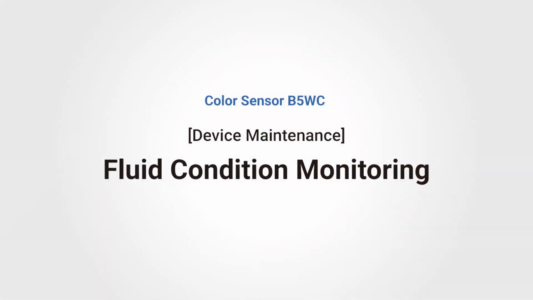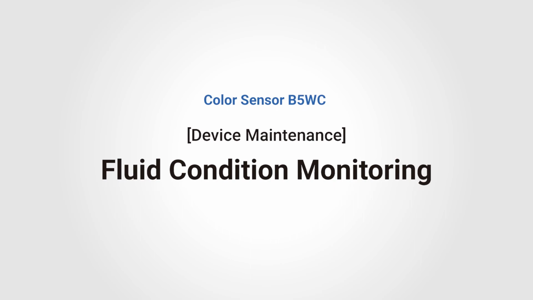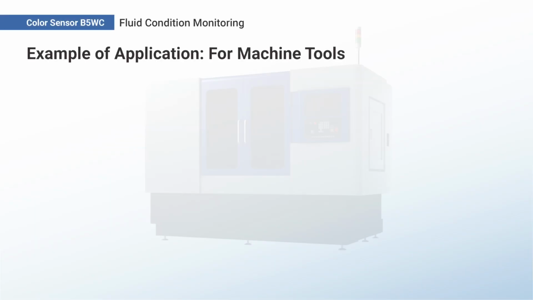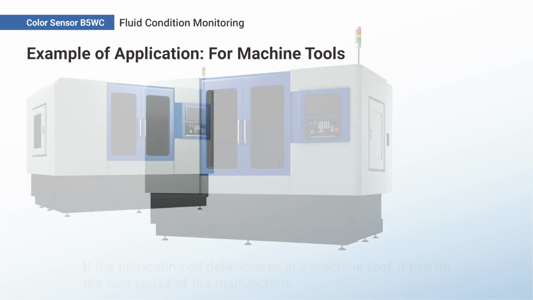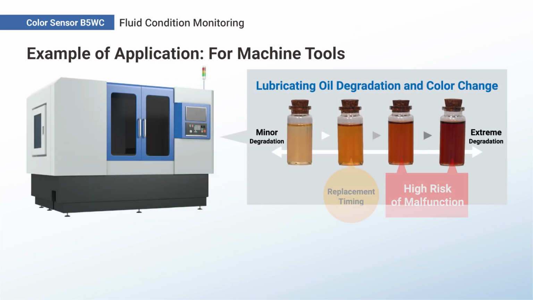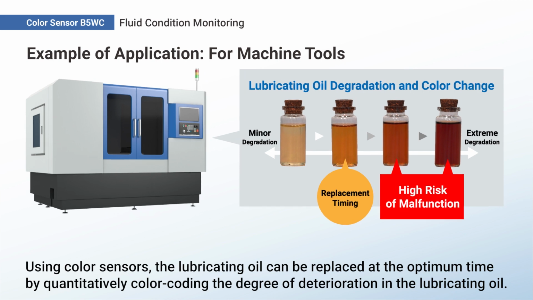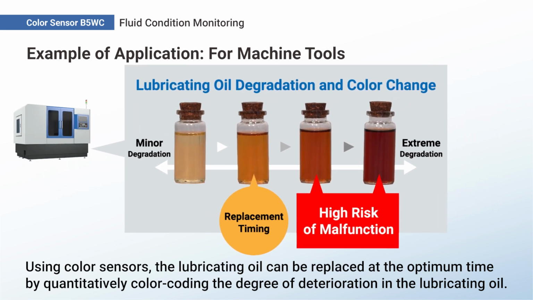Color Sensor B5WC Fluid Condition Monitoring. If lubricating oil deteriorates in a machine tool, it can be the root cause of malfunction. Using color sensors, the lubricating oil can be replaced at the optimum time by quantitatively color-coding the degree of deterioration